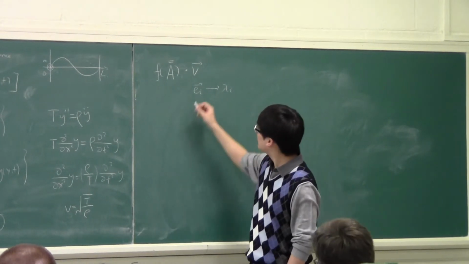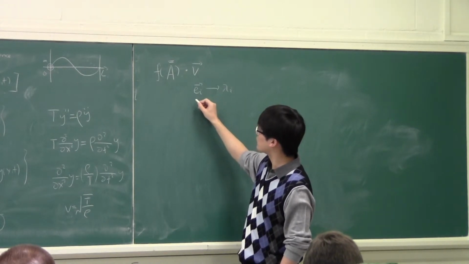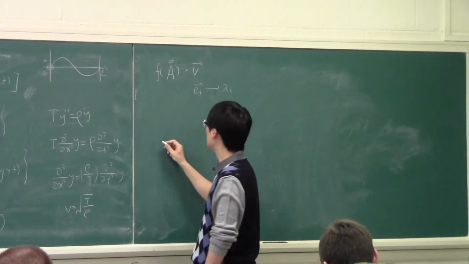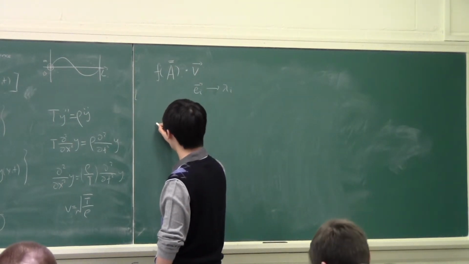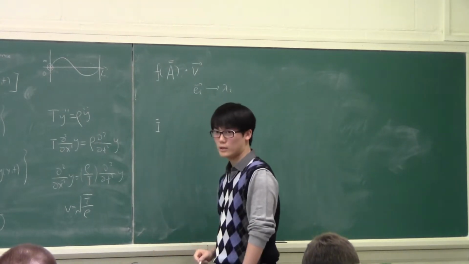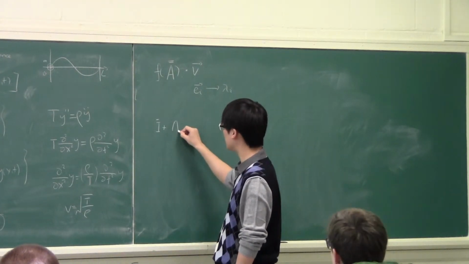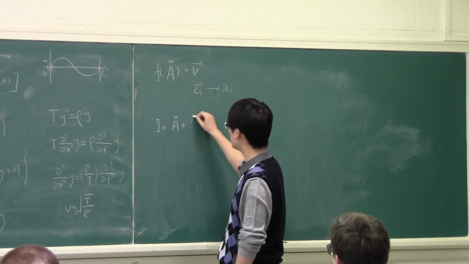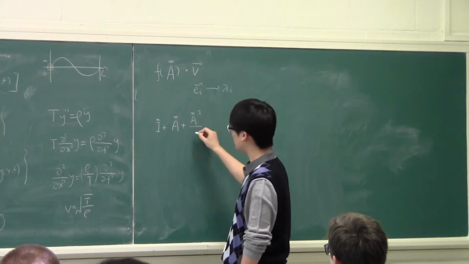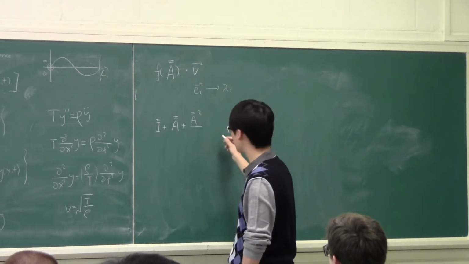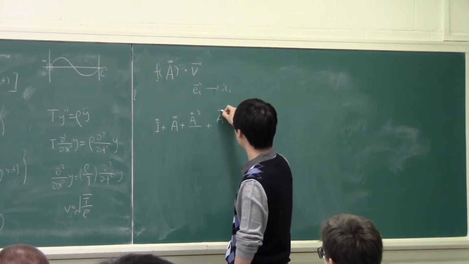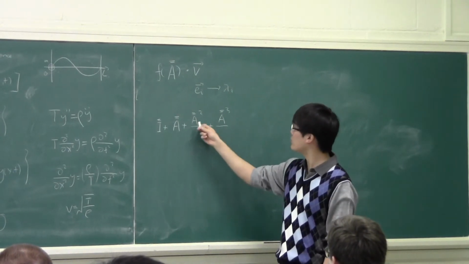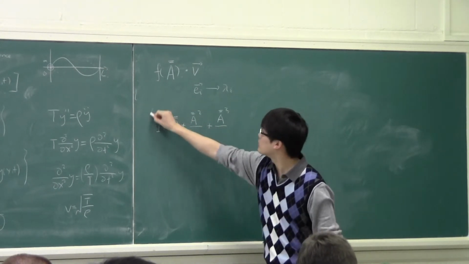Then if V was an eigenvector of the matrix, we can Taylor expand this function of the matrix into a polynomial form. And that would be, you would have the identity in the middle, and then the linear term, and then the quadratic term, and then the cubic term, etc. And then all of these are going to operate